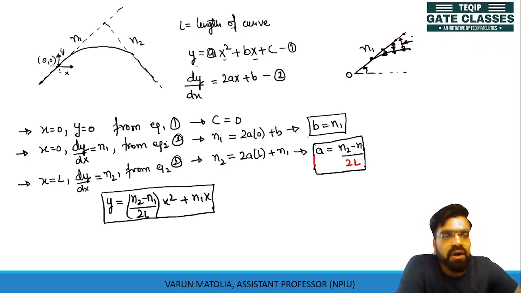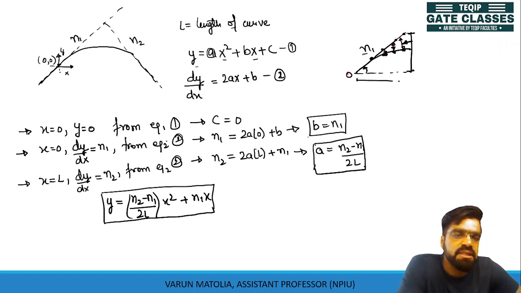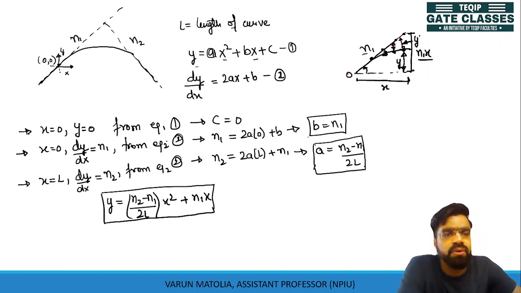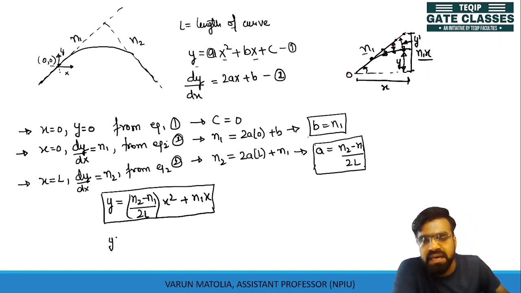So what is this height? This height will be equal to, if slope is n1, this distance is x, the height will be n1x. So if we subtract the value of y from n1x, we will get the value of the points of these curves to find the elevation. Let's call the upper value y dash. So we can write y dash as n1x, that is the complete value, minus y.